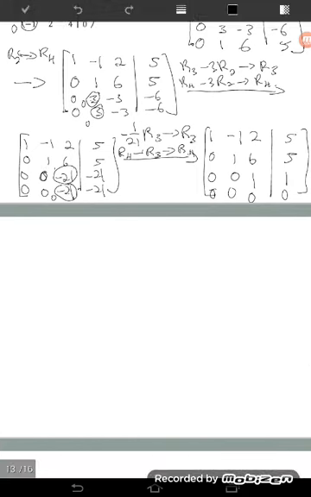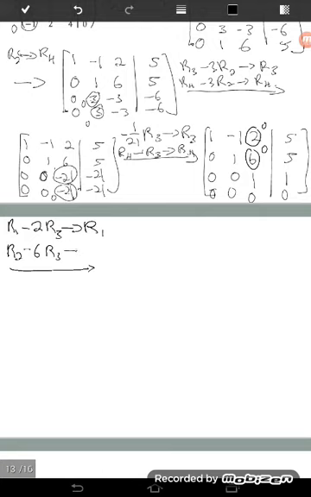And then after that, make this one become 0 and this one become 0. Okay, so to make that one become 0, we use row number 1 minus 2 times row number 3 and put back at row number 1. For the second row, row number 2 minus 6 times row number 3 and put back at row number 2. Okay, so we have here, fourth row didn't change, so 0 0 0.